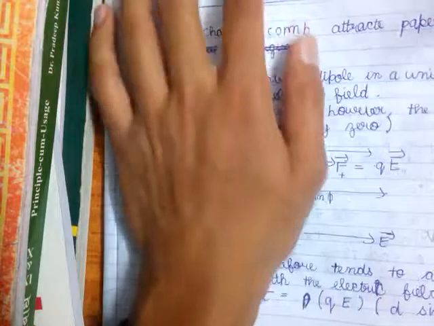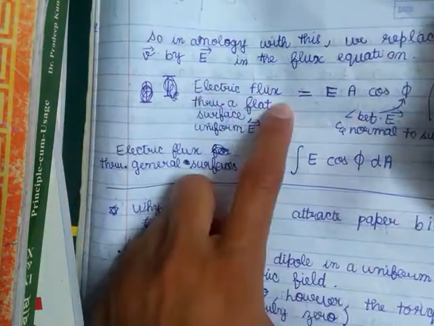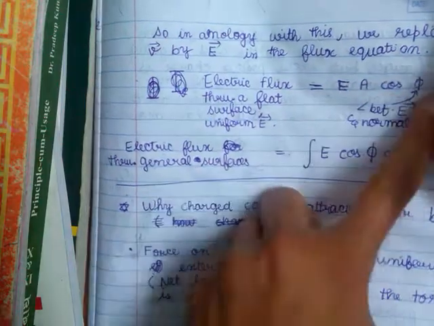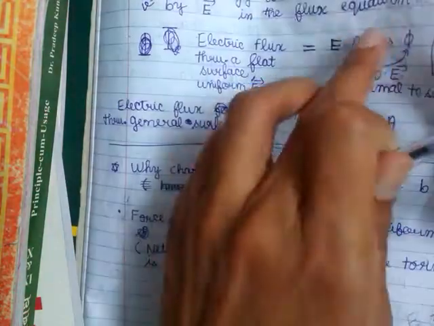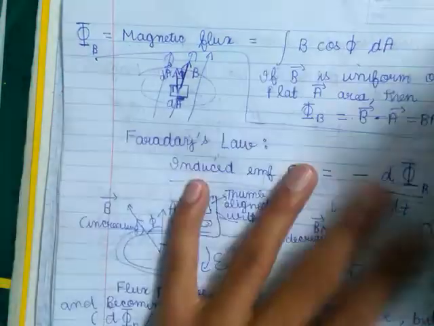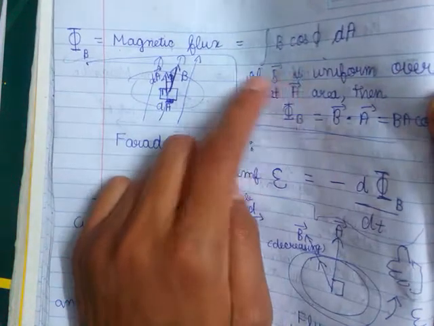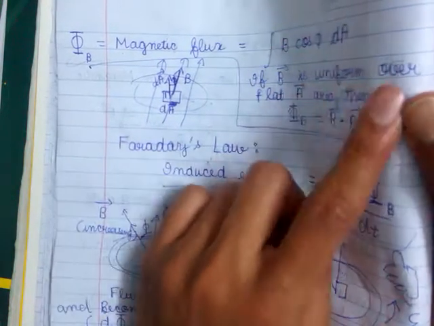And when we replace V by the electric field, we get the electric flux as Ea cos phi. So this was electric flux. When we replace this E here by B, the magnetic field, what we get is the magnetic flux, that is Ba cos phi, if the magnetic field is uniform over